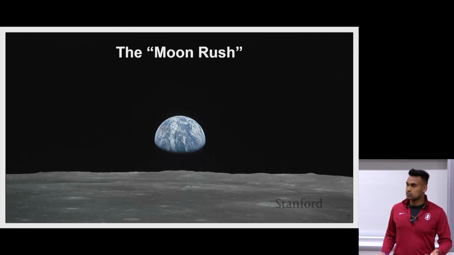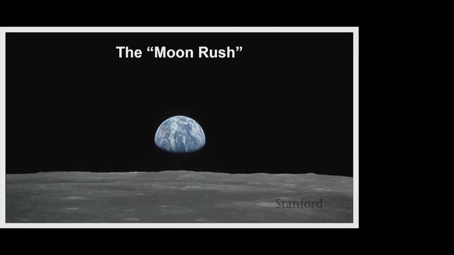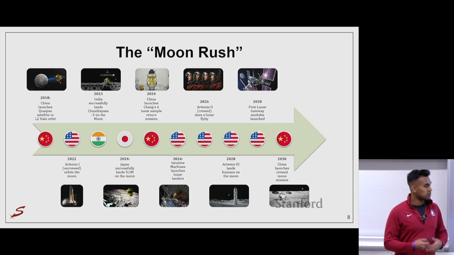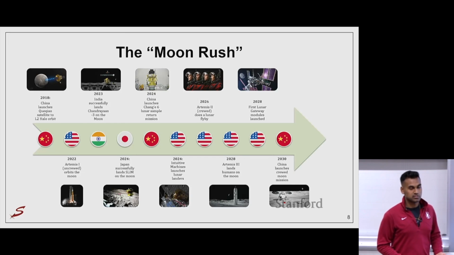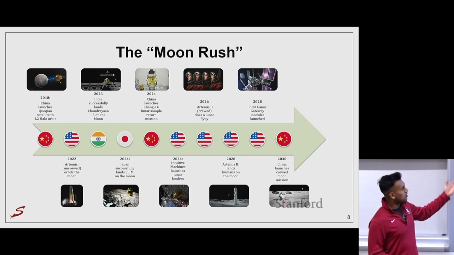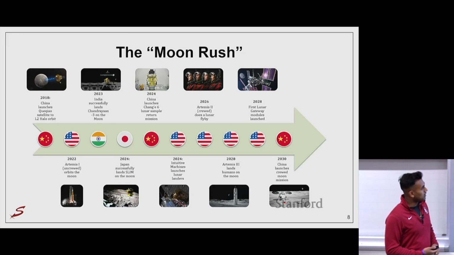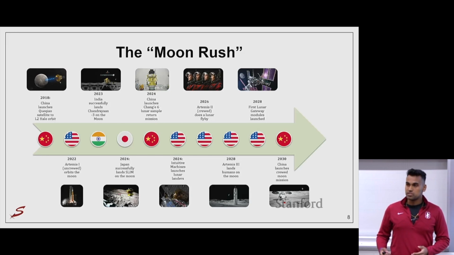And then the biggest motivator is what's called the moon rush here, where we went to the moon 60 years ago, but now everyone's trying to get back to the moon. And it's not just the United States this time, it's lots of other countries, China, India, Japan, as well as private companies too, like Intuitive Machines, which attempted to land a rover. So we see all these different companies launching satellites to the moon, around the moon, launching rovers and landers, and then NASA, of course, with the Artemis missions, is planning to